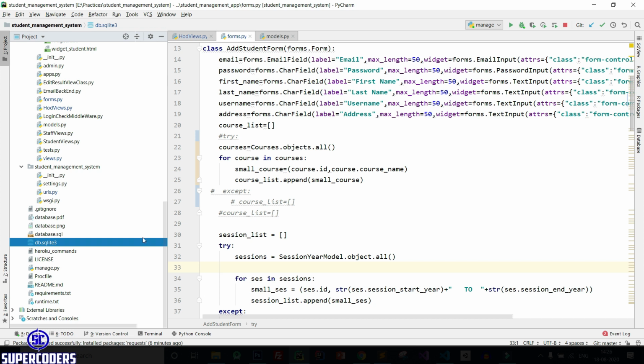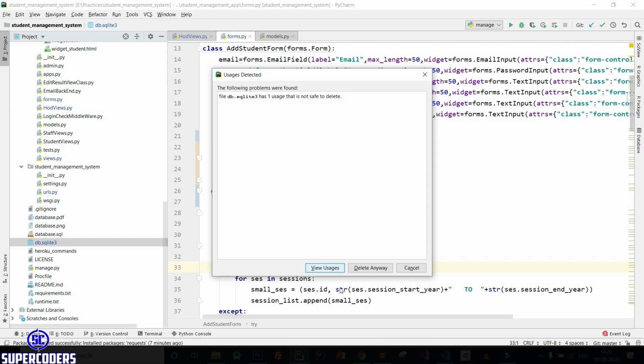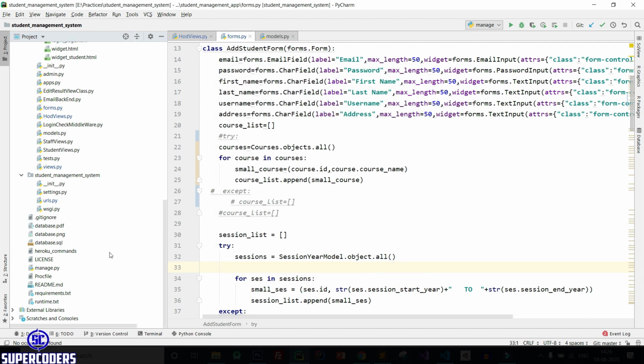Now you can see I cannot delete this database. So do one thing, close the server first, then click on delete. Click on delete anyway, and it's deleted. It was not deleting because our server was running. Now it's deleted. Now let's try to run the migration command.